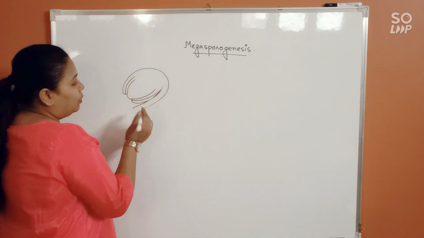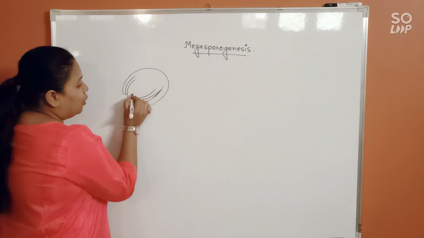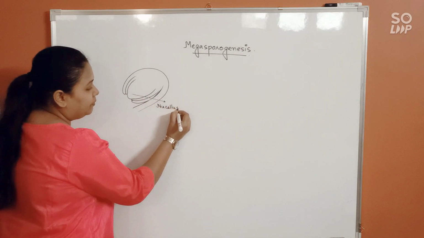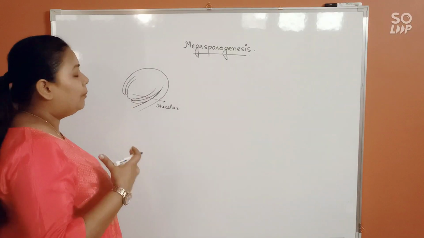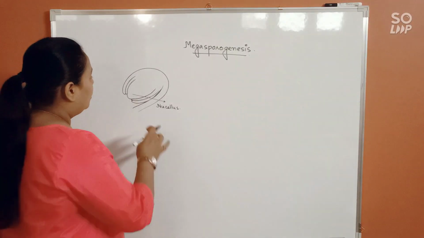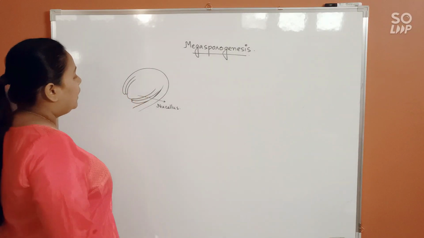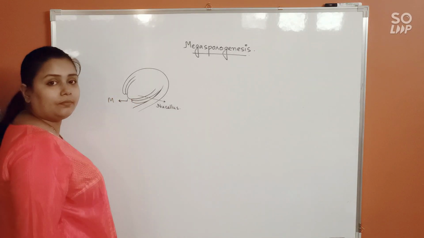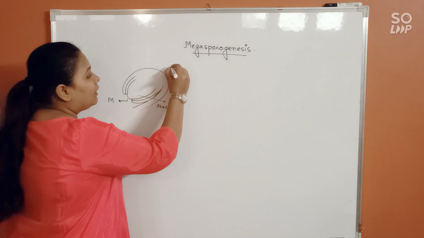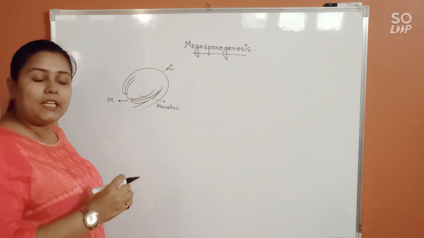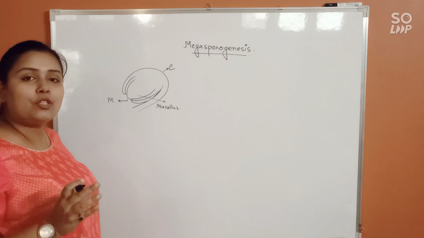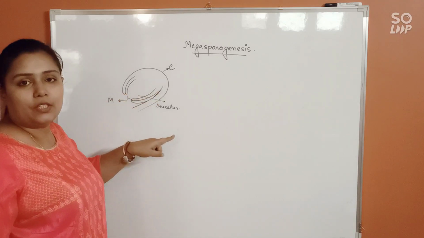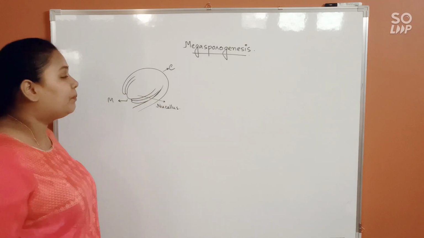See, in the ovule, this portion is called the nucellus, isn't it? Right? It's a mass of parenchyma tissue. Now, this is the micropyle, right? And this is the chalaza. These points you have to remember, because I'll be making various references with respect to these points throughout the discussion. Alright? So now,